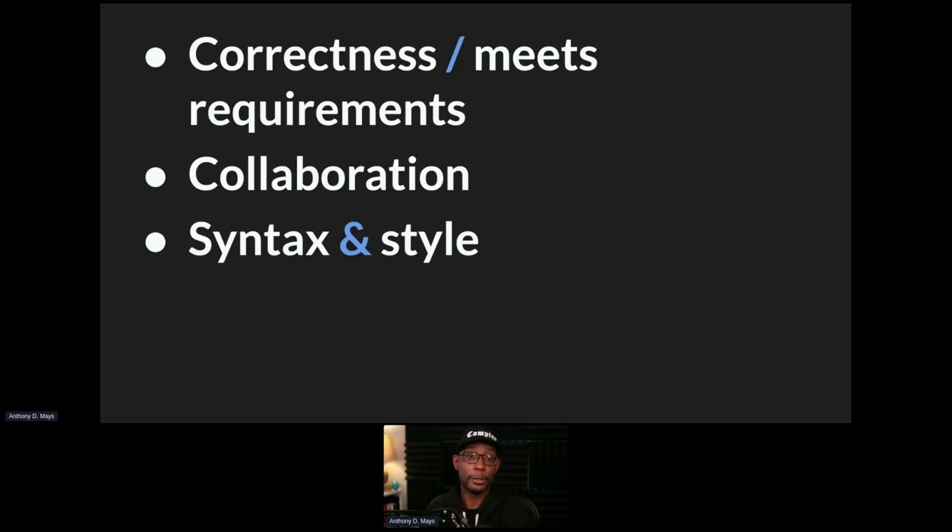You need to be able to write code fluently and well using the right syntax and style. Because remember, if you're trying to get a job at one of the big tech companies, they don't mess around. They've got time to wait for the best of the best. And so you want to make sure that you demonstrate that well in how you write code and develop solutions